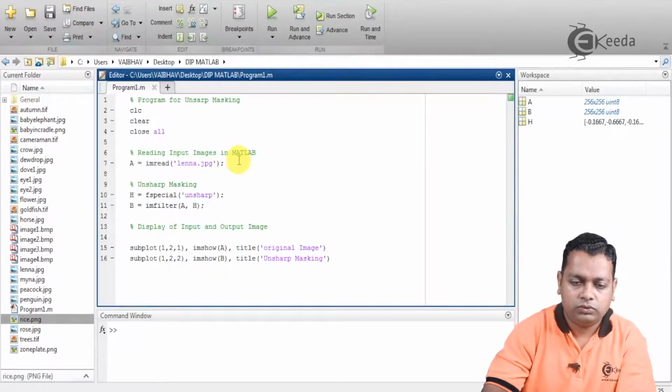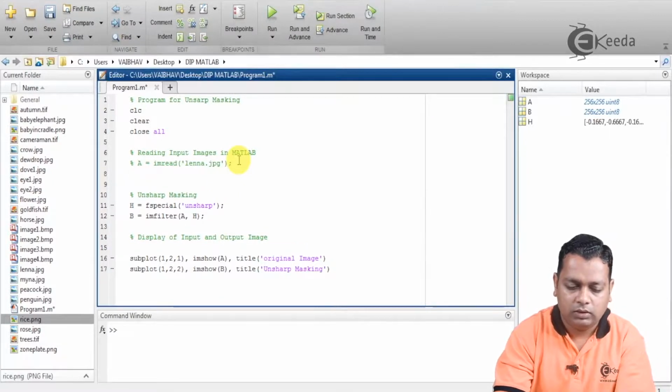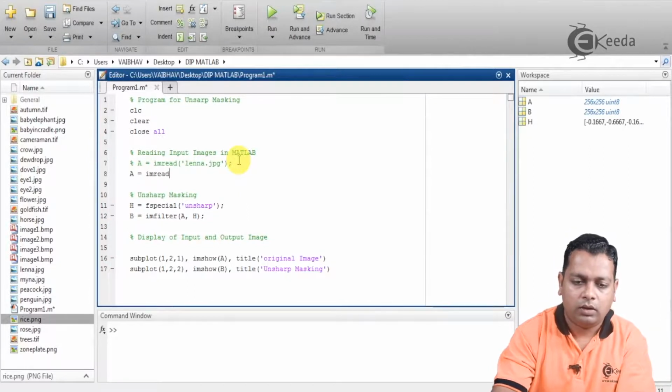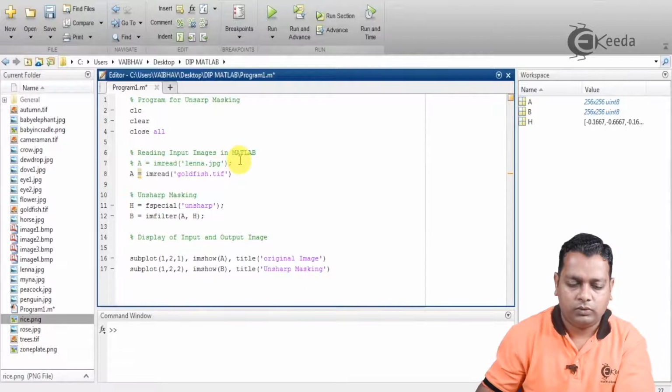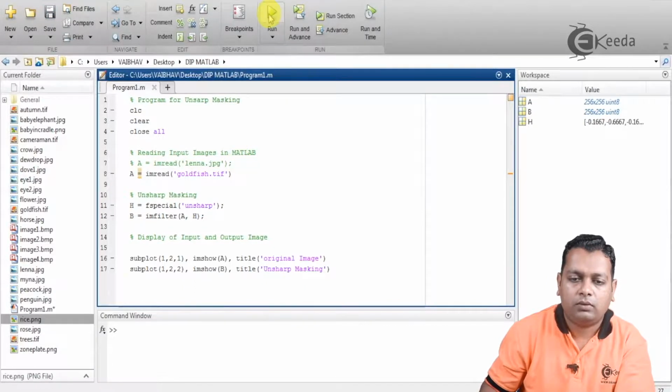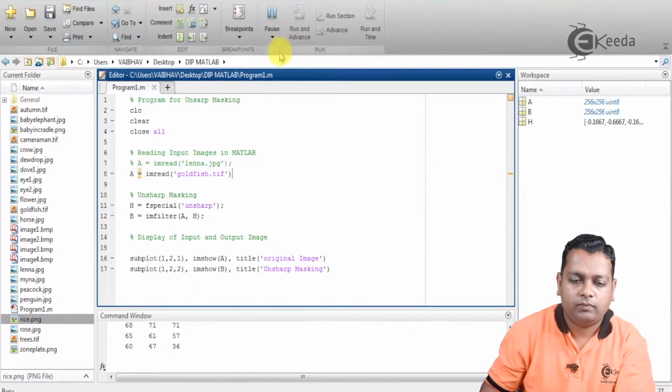If we change the input, instead of lena.jpg, we use imread goldfish.tif. We save the changed input and try to execute it.